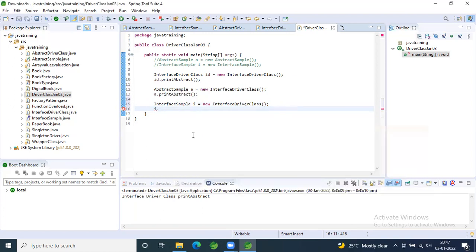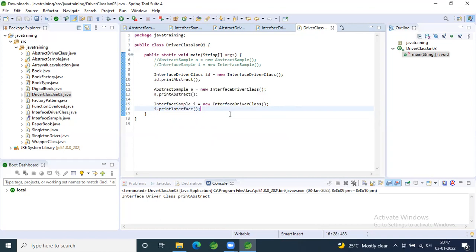Okay, so what is the thing you're able to understand here? If you're creating a child object, you need to override your logic. Only then you can use that logic. If you're doing a type reference either to your abstract class or to an interface, the relevant methods can be used in your child class by either using the super keyword or writing your own logic. Now, what is the major difference between these two is, right now, we don't have any common code in our interface or in the abstract class.